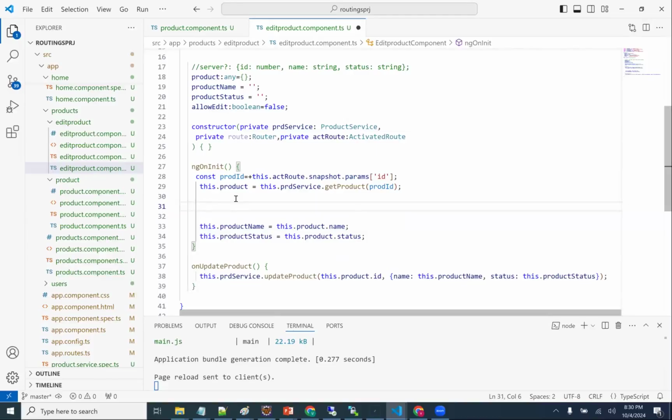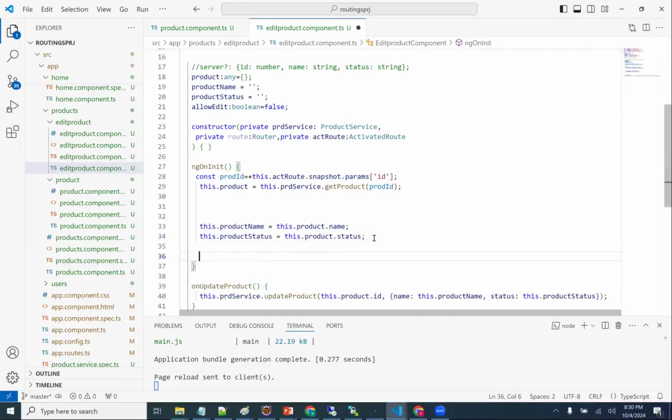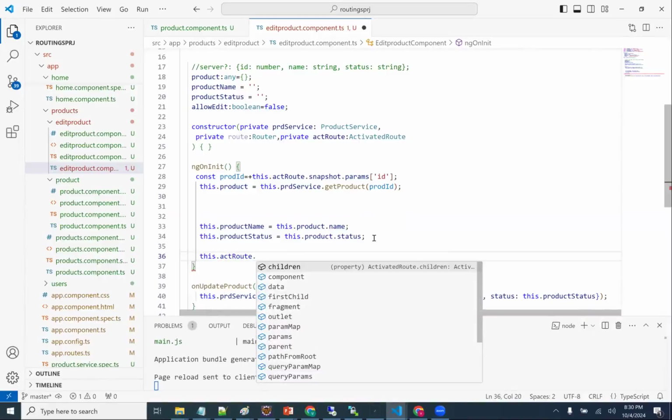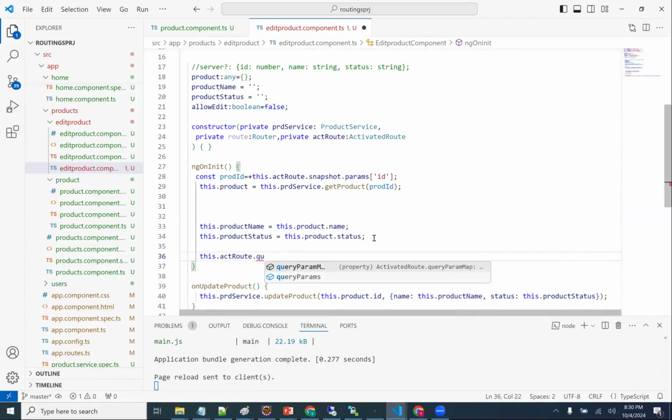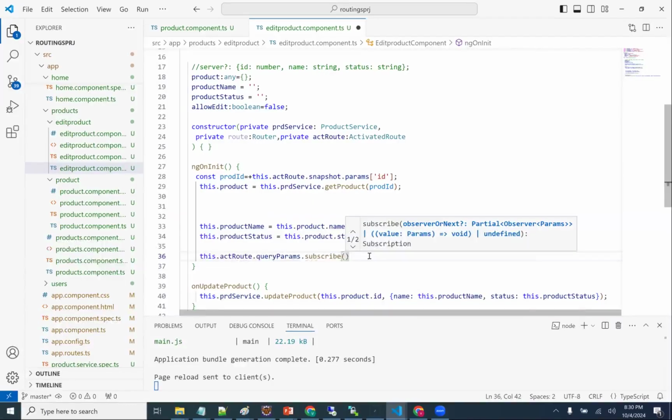So this.activatedRoute.queryParams.subscribe. Till now we subscribed to params. We can subscribe to query params also, because if there is a change in query params, I need to subscribe, right?